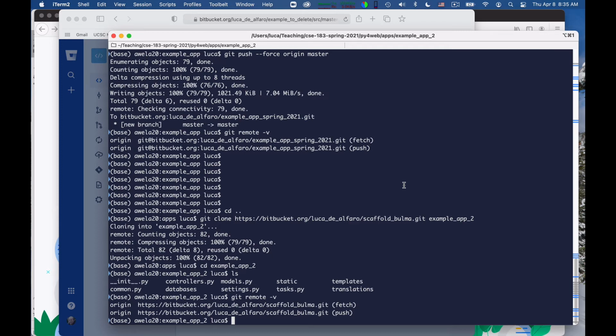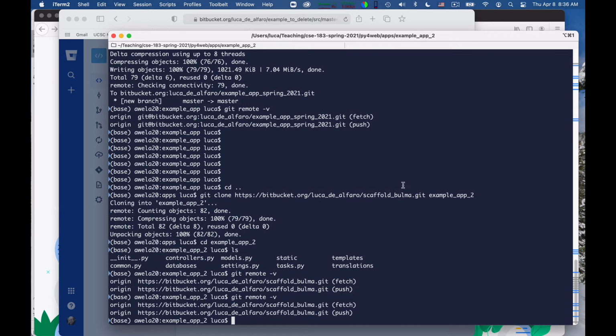I can look at the remote, git remote v. So the remote that is called origin is my scaffold Bulma. And so instead of origin, I want to call it scaffold. Git remote rename origin scaffold.